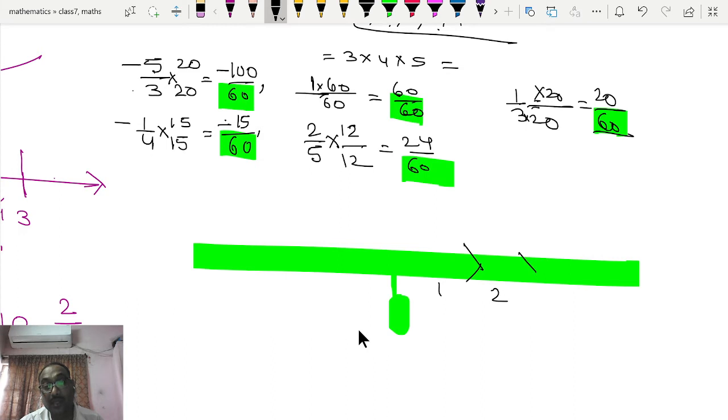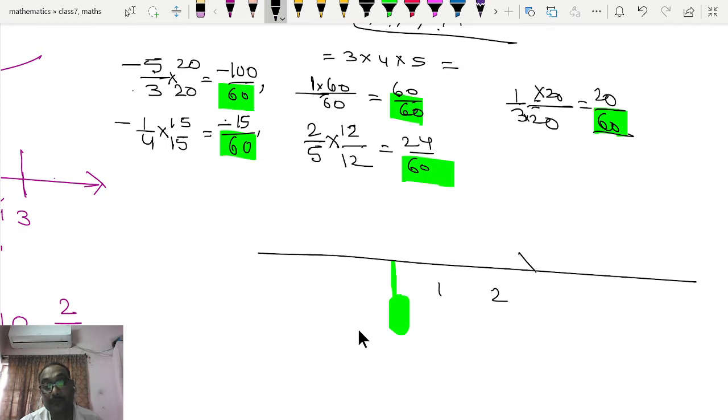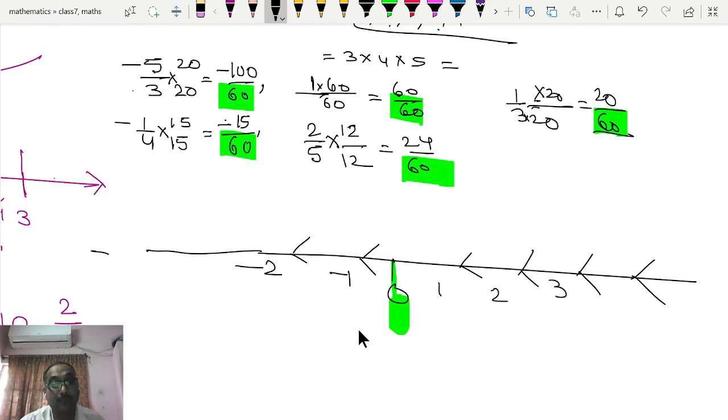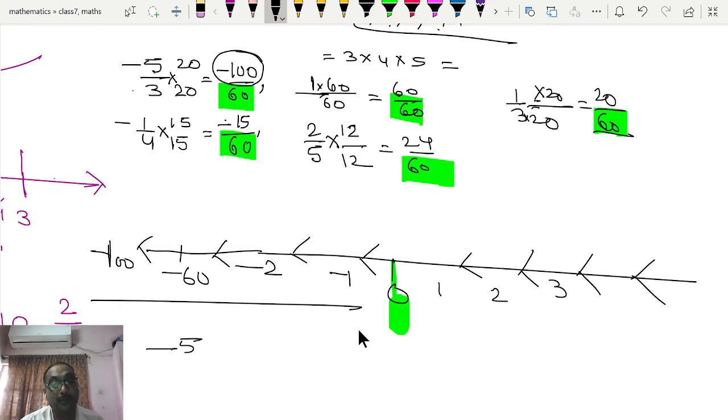to increase. It means you will see that 1 is less than 2 is less than 3 likewise. And on the other side of 0, minus 1 is less than 0, minus 2 is less than minus 1, minus 100 is less than minus 60. Okay, minus 100. So see, minus 100 is the least number. So here minus 100 by 60, it means minus 5 by 3 is the least rational number. Second negative number is minus 15. So minus 15 is the